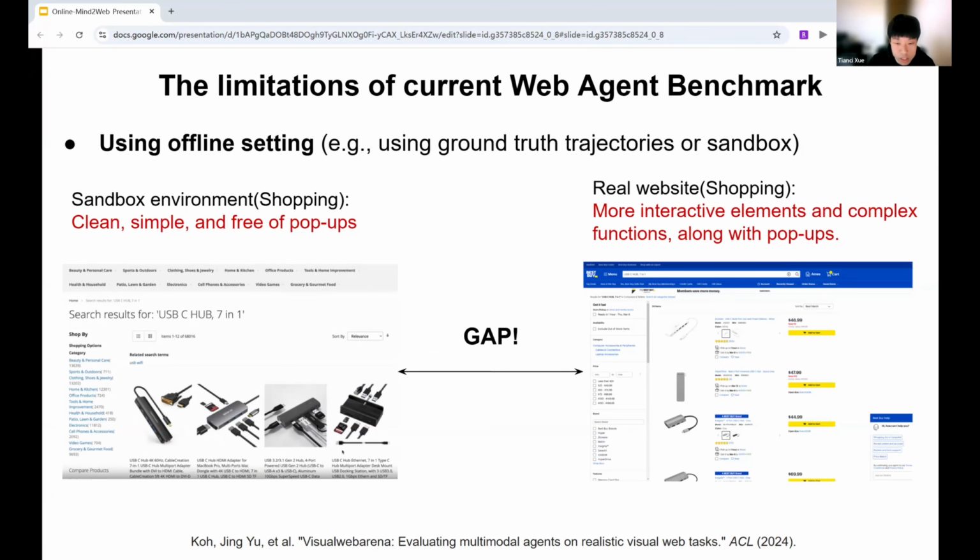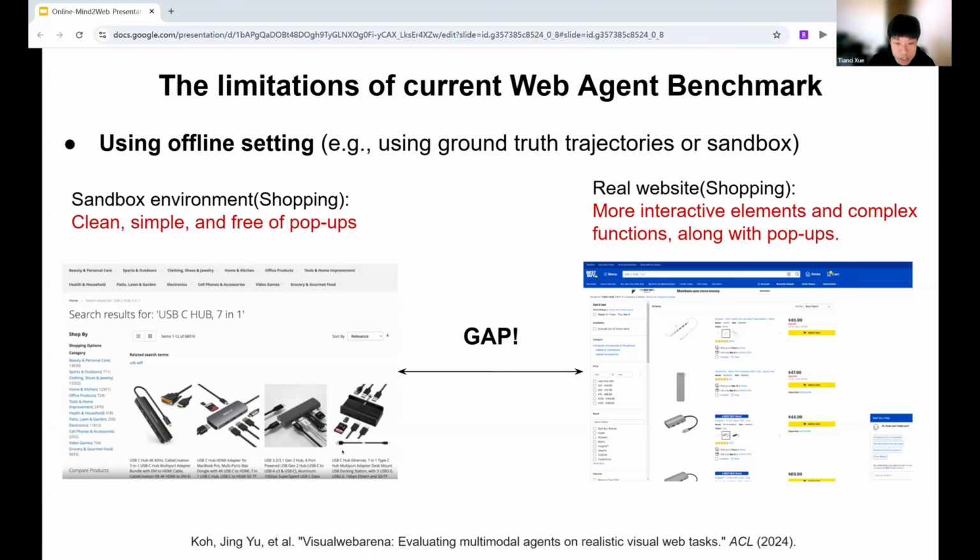Even when some benchmarks use online environments, they still lack diversity and cannot reflect real-world user tasks, since even for the same task, different websites may have different difficulty.